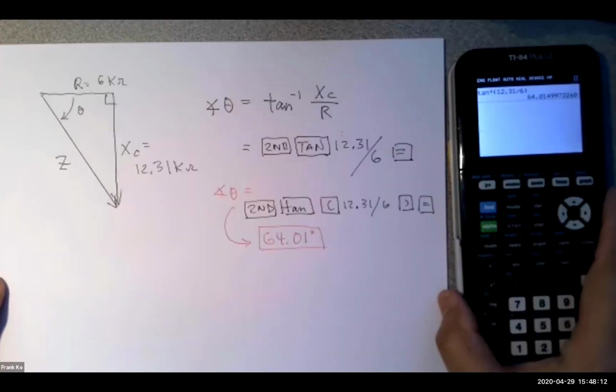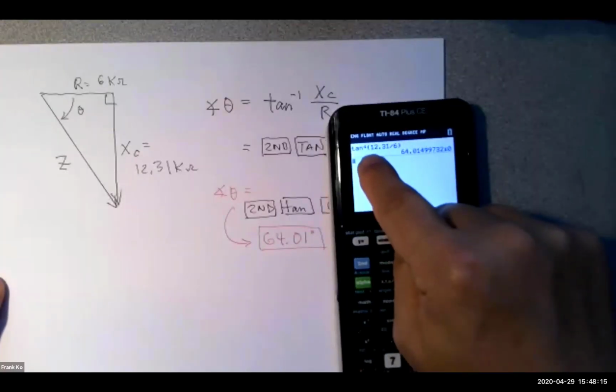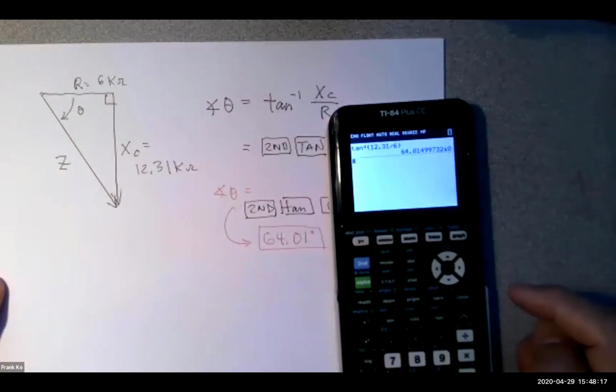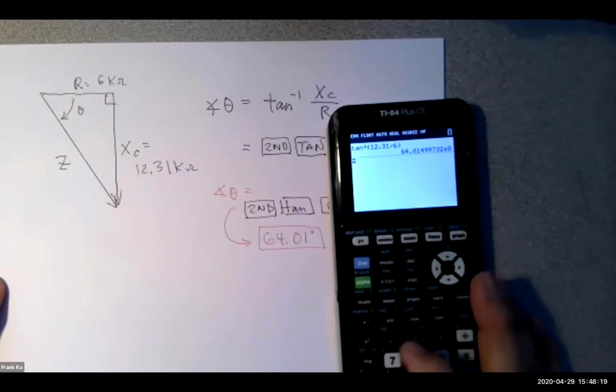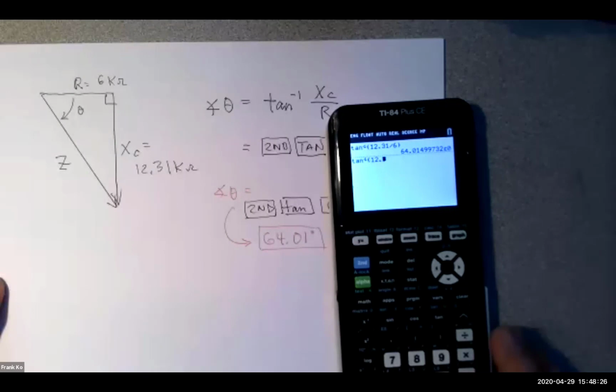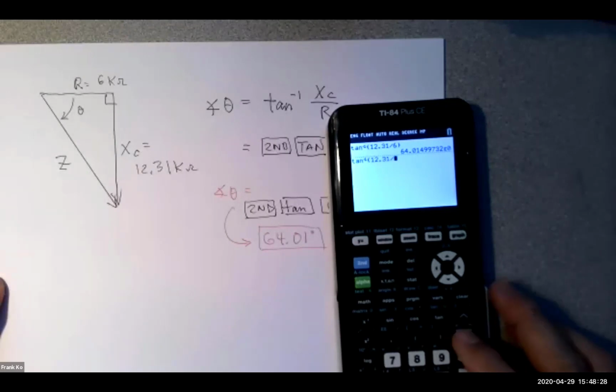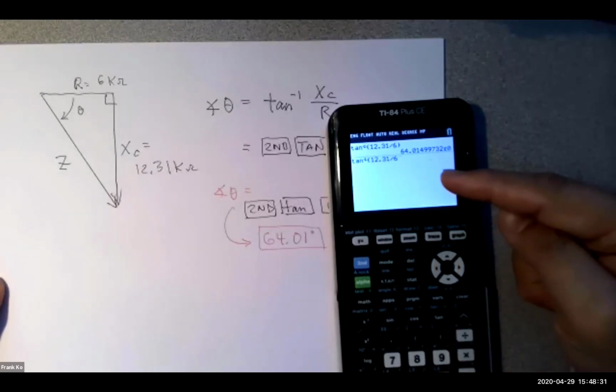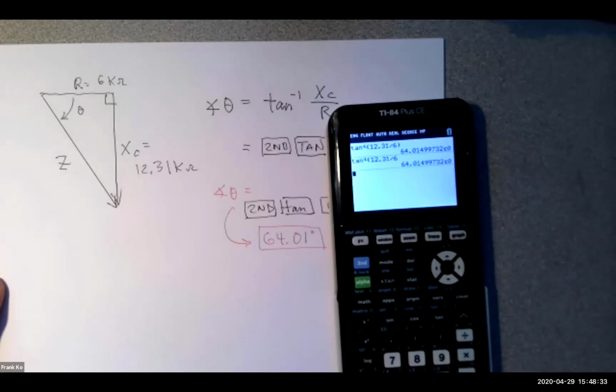I didn't have to do the parentheses. I don't know if other people have the same thing, but I don't have to do the parentheses either, because my calculator automatically generates that open parentheses. So anytime I hit inverse tan, that open parentheses is automatically generated, and then I just type in my 12.31, and then divide by 6. I don't even have to hit close parentheses on this calculator. I can just hit enter, and it'll close the parentheses for me,